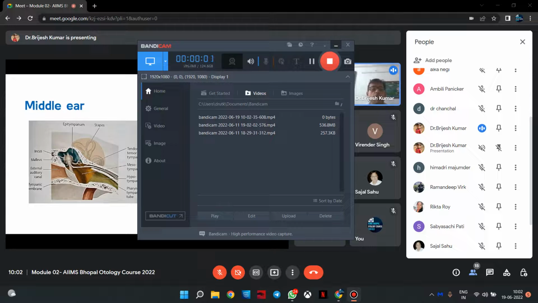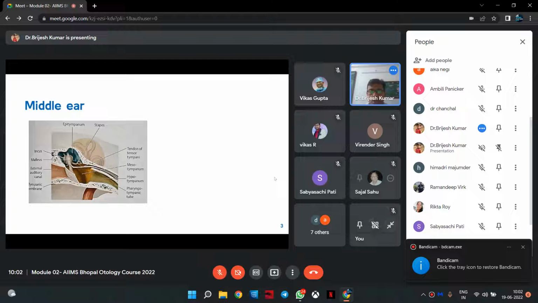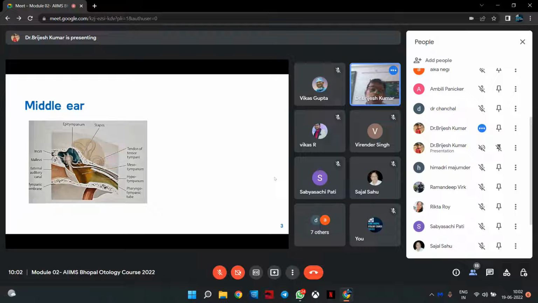The middle ear is classically described as a four-walled room having the roof and the floor. So we will see the features in all the six walls. The middle ear is an air-filled cavity which is sandwiched between